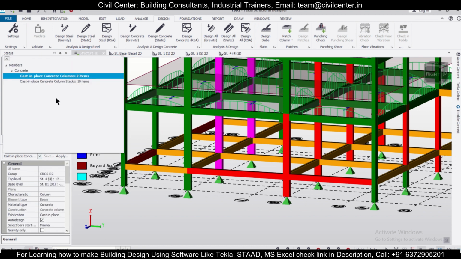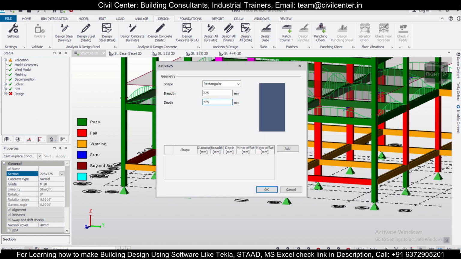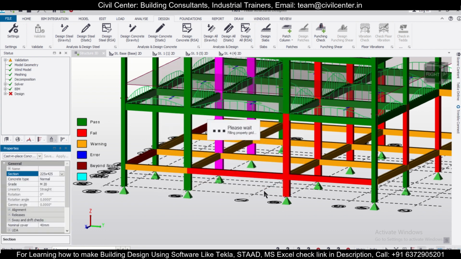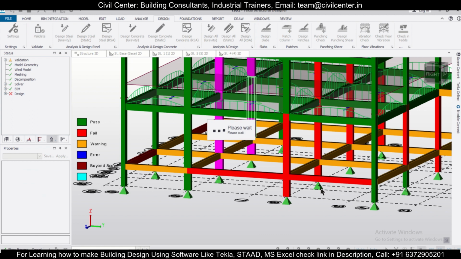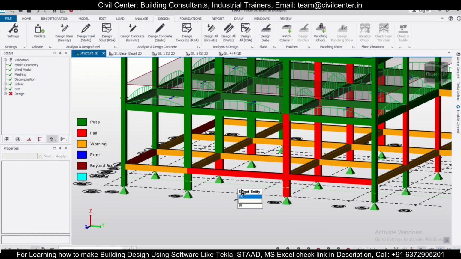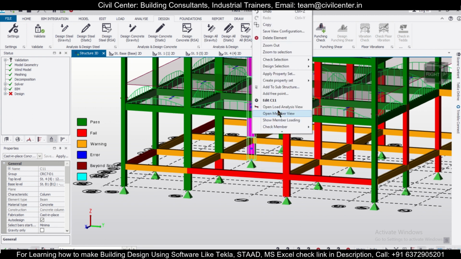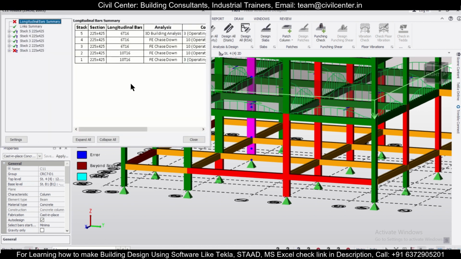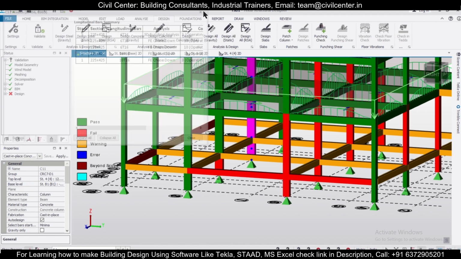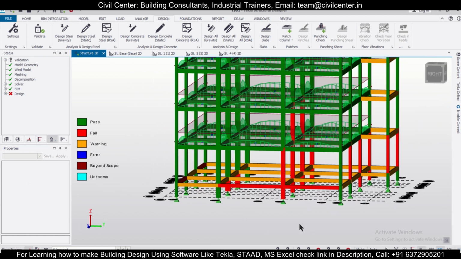So let's change the section and increase it further, and let's do this time as 425, and then right click and then design selection static. Okay, it's passing, and only the bottom portion is failing. Let's check. 6 bars of 16 mm, we're okay with that. The bottom portion we can anyway increase the section of later.